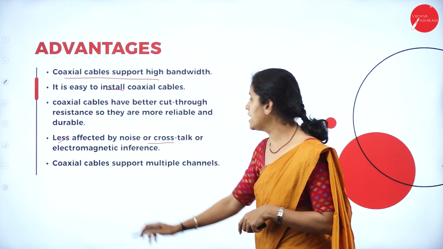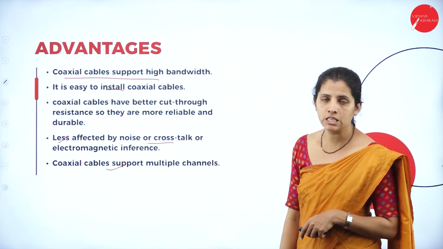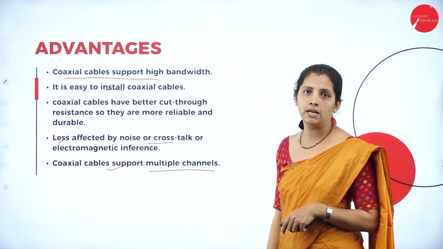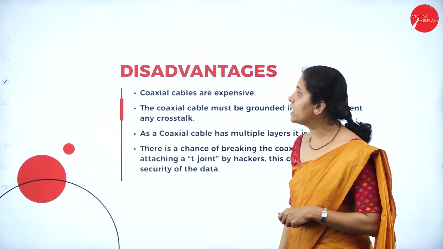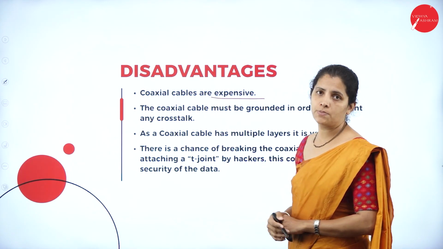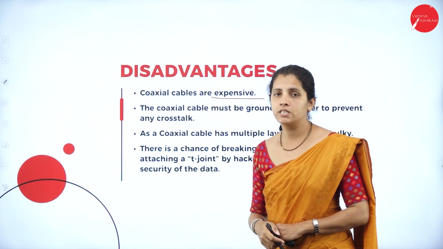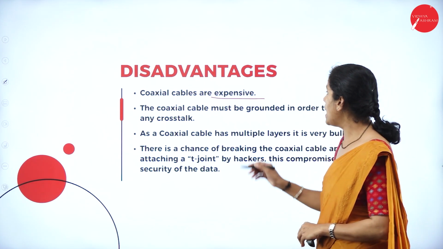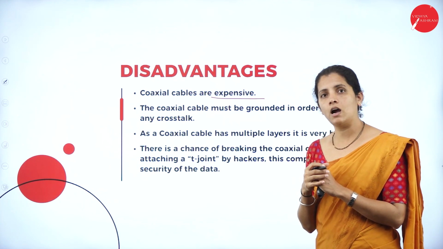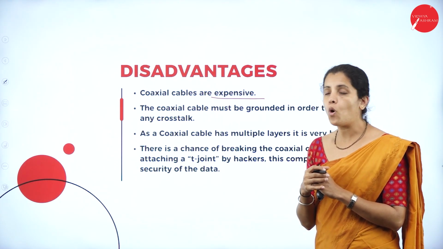And coaxial cable supports multiple channels. So one of the best advantages is that it supports multiple channels. Then what is the disadvantage? It is more expensive than twisted pair cable, and coaxial cable must be grounded in order to avoid noise